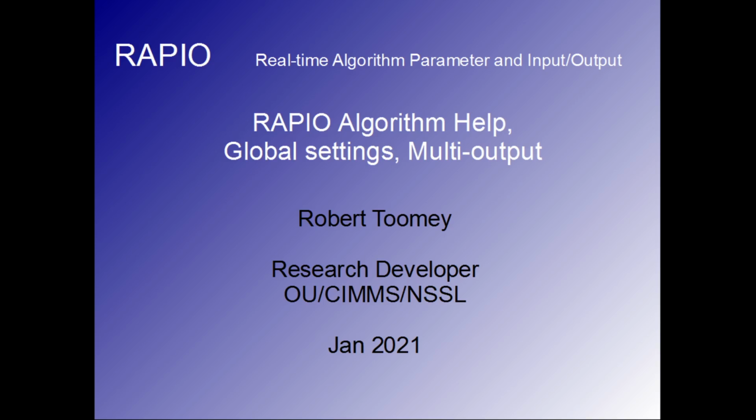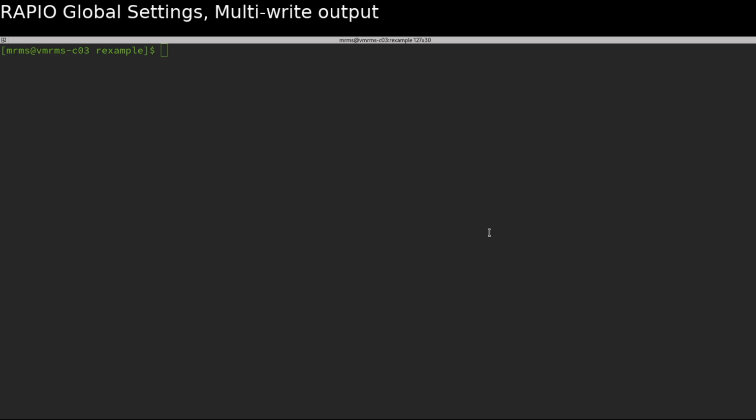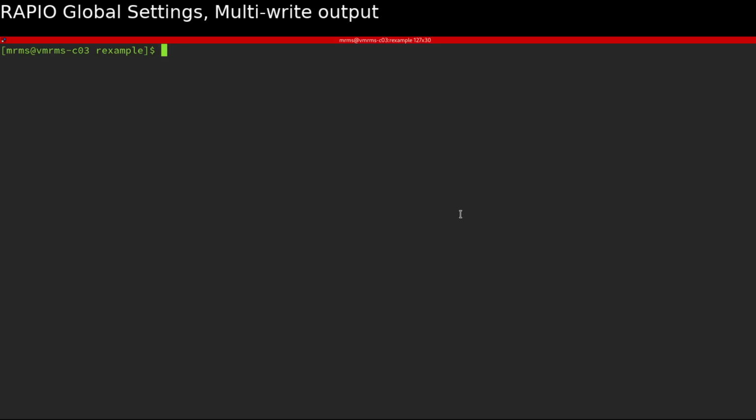So let's get started. In this tutorial, I already have a full build of RAPIO, including MRMS. If you don't have one ready to use, you can look at the first tutorial for some help and tricks on doing that. So the first thing I want to do is go look at the RAPIO